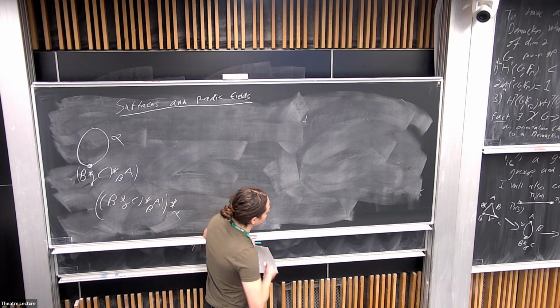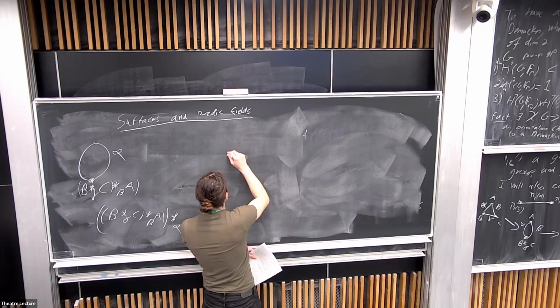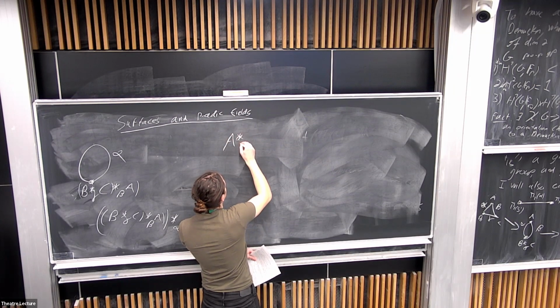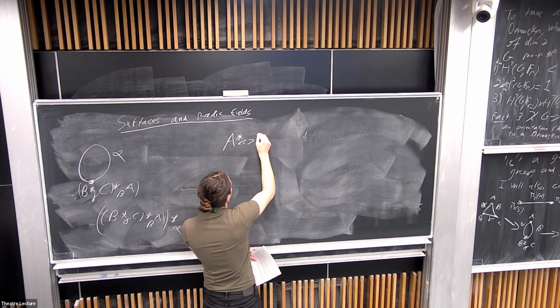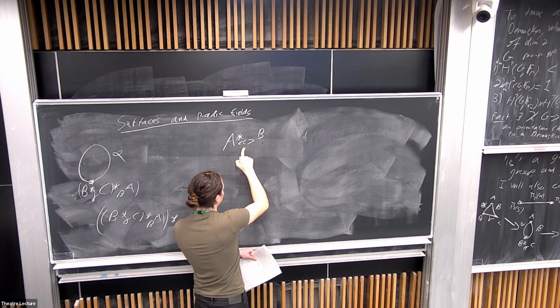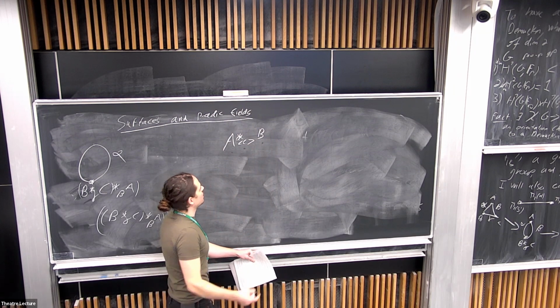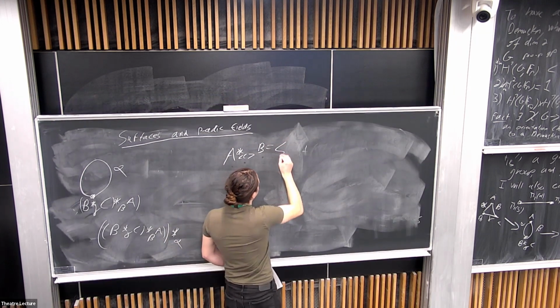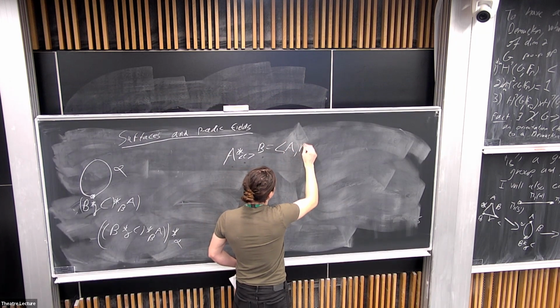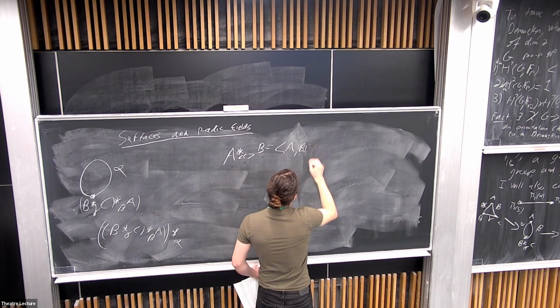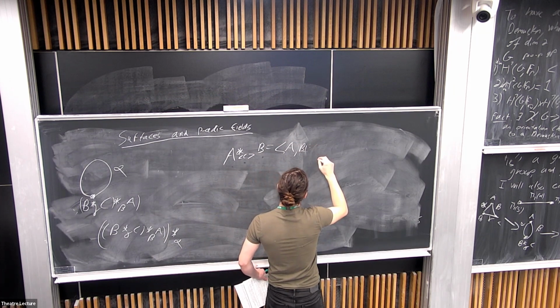Suppose I have the following situation of A and B amalgamated over this cyclic subgroup generated by C. So this would, as generators and relations, just be the thing generated by A and B with their generators and relations, and this extra condition that